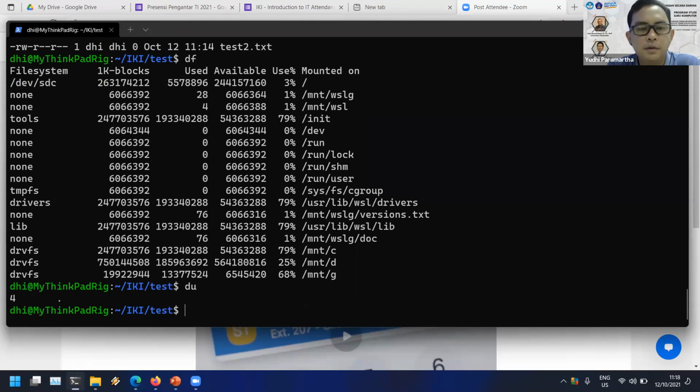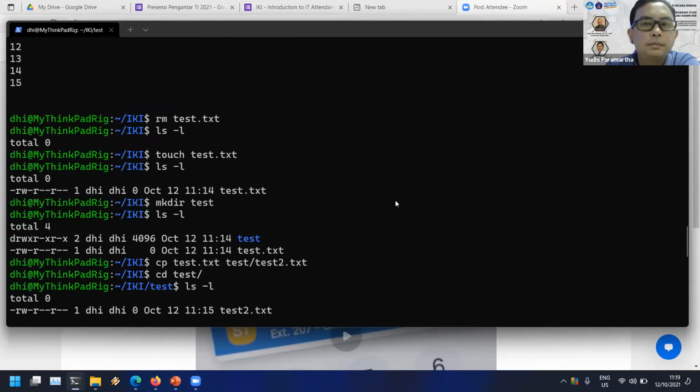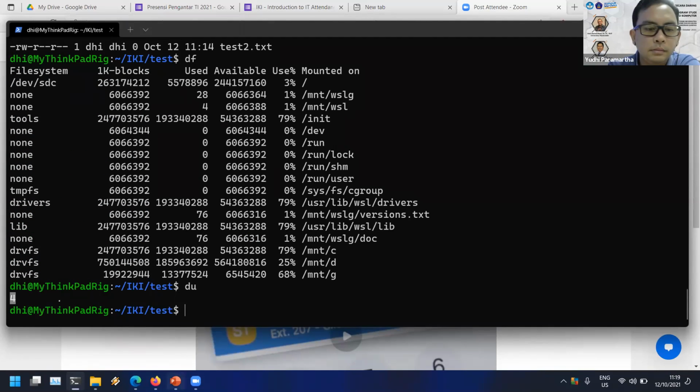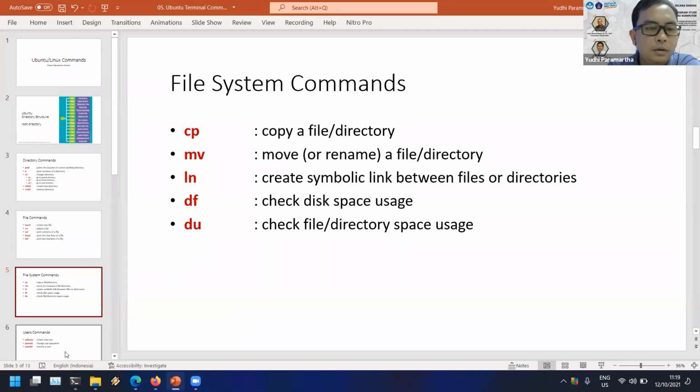For example, the test folder, it's only 4 kilobytes in the test directory. Okay. Do you have any question about the file system?